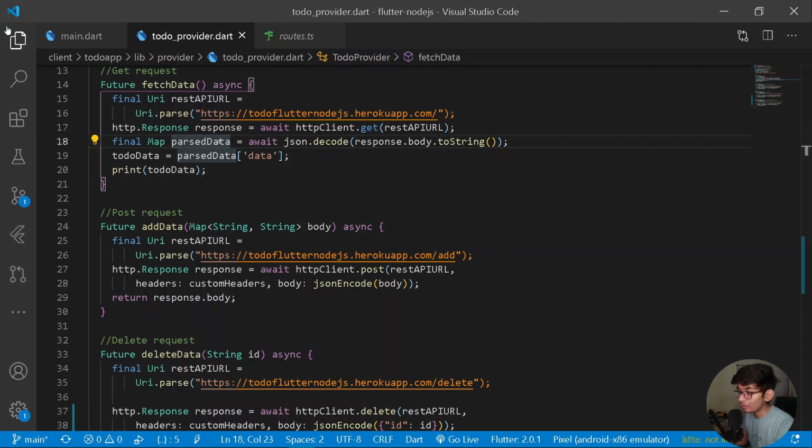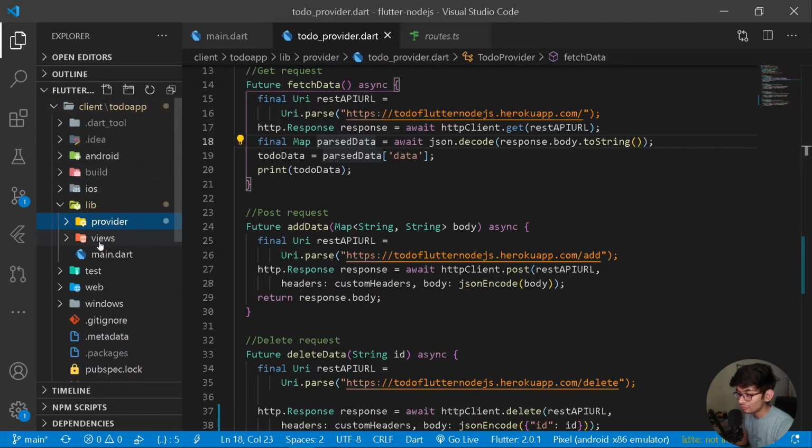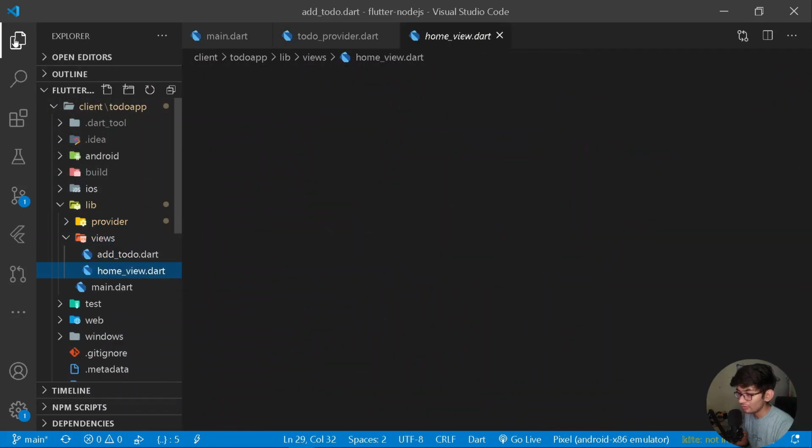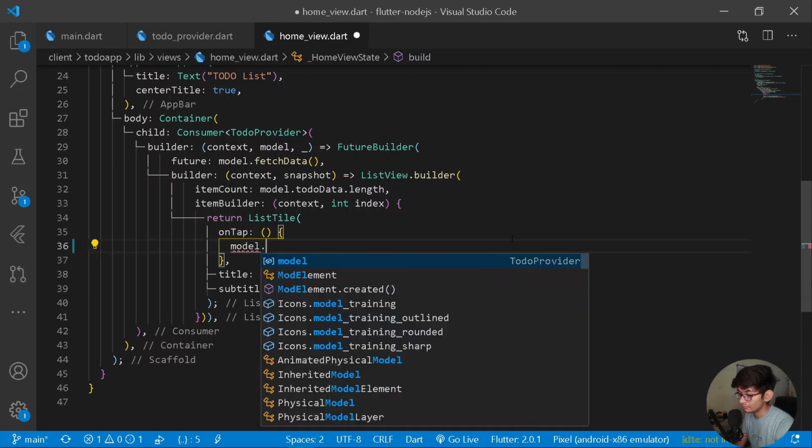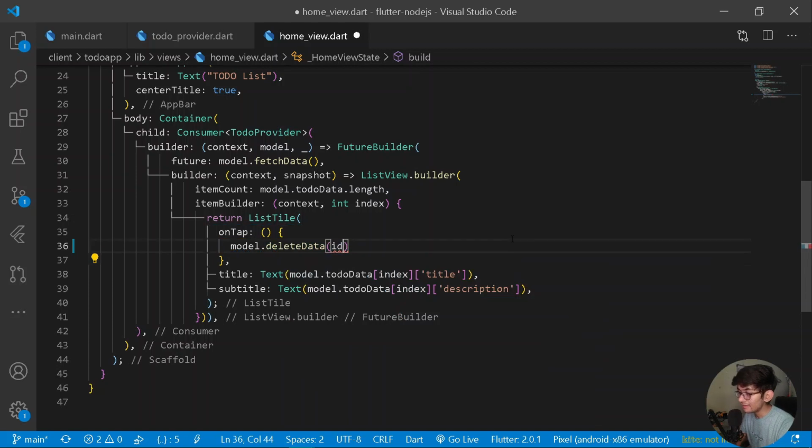So for trying it out, let's go under our to do provider. So let's go under our views, under our home view, and first of all let's try deleting all the data. So on typing over it, we are simply printing the following index, but you don't need this. What we can really do is add here model dot delete data, and here it should be requiring an ID, and here we can copy the following index and everything from here, paste it here. But here instead of title, let's paste on the ID that we will be getting, format document first.